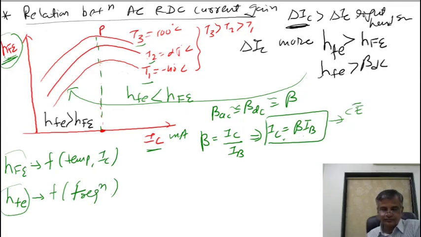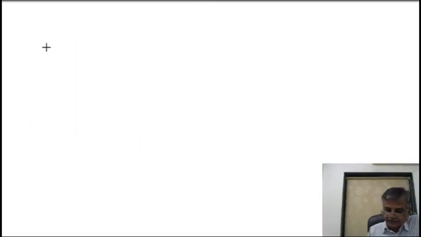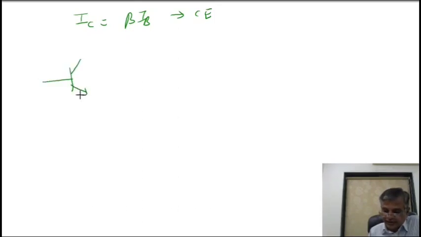Now you know this circuit. Listen, this is the most important equation. Just as we have discussed, the collector current is nothing but beta into IB. This is for common emitter configuration. So look at your basic circuit, you will get some idea here.